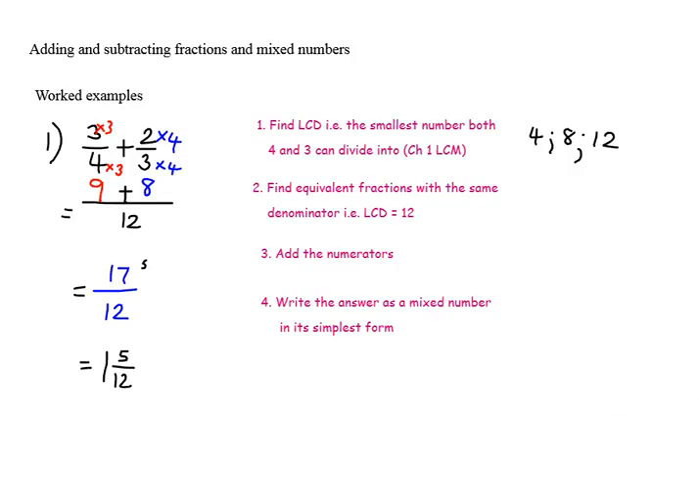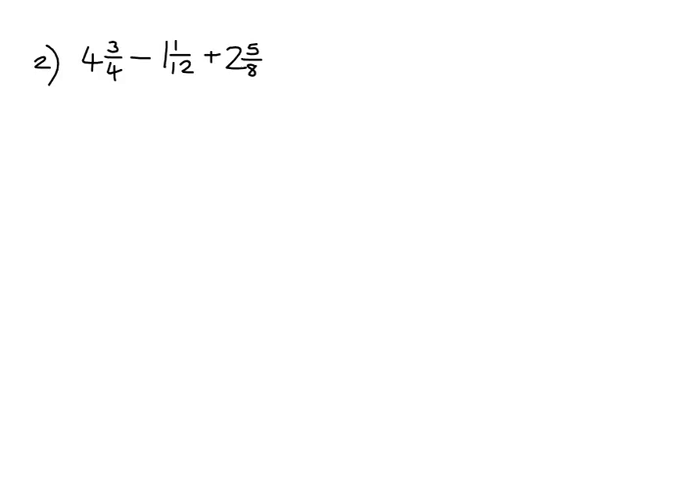Right, let's have a look at adding mixed numbers. This is a little bit more complicated, but all we do is add one extra step where we convert all the mixed numbers to improper fractions. Right, our first skill that we learned dealt with that. So you are going to say 4 times 4 is 16 plus 3 is 19. So here I have 19 quarters